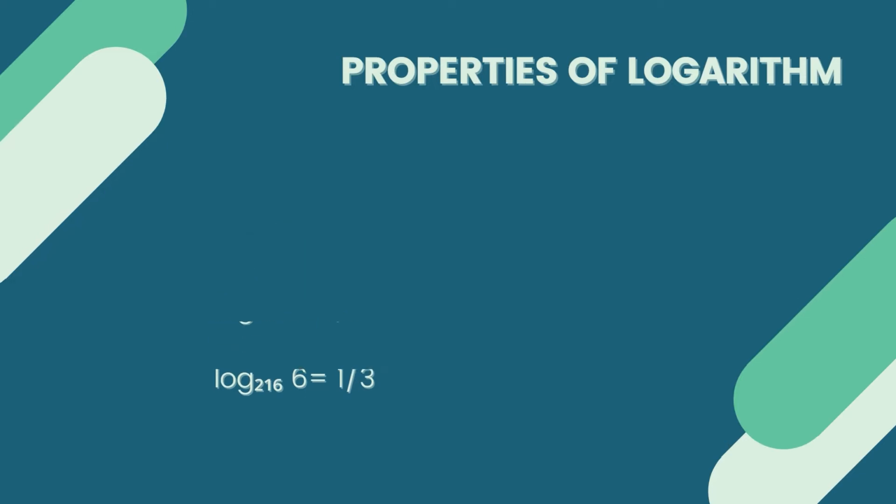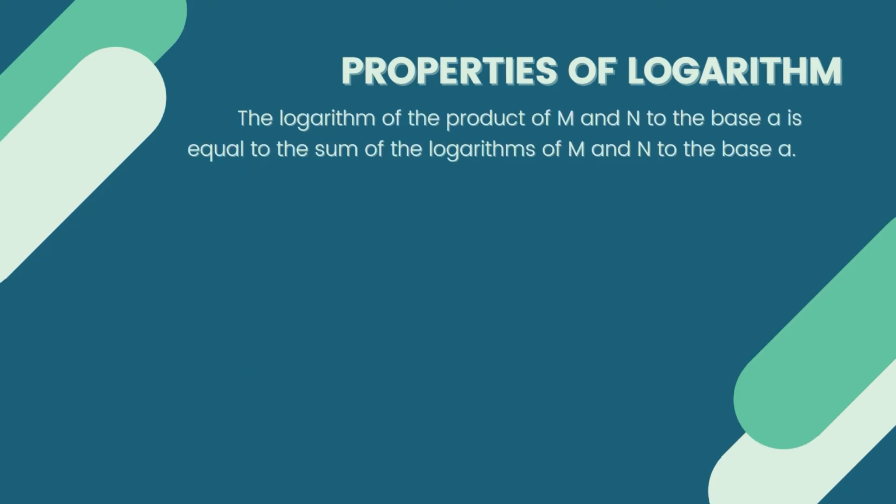The logarithm of the product of m and n to the base a is equal to the sum of the logarithms of m and n to base a. In symbols, that is log base a of m n equals log base a of m plus log base a of n. For example,